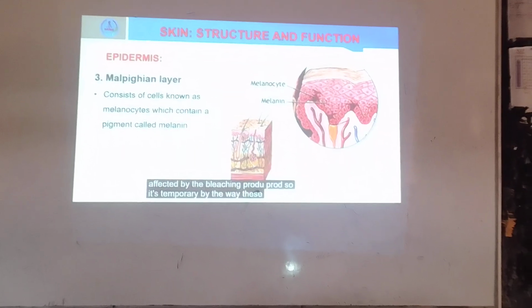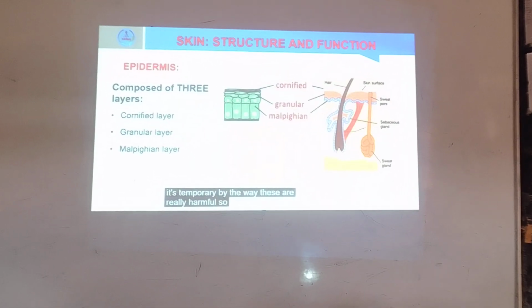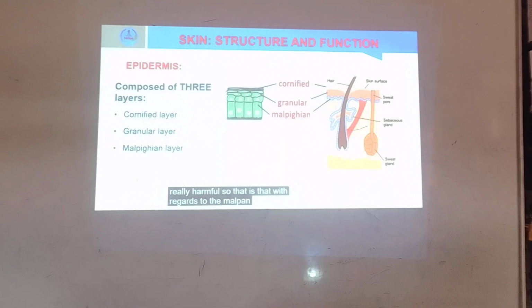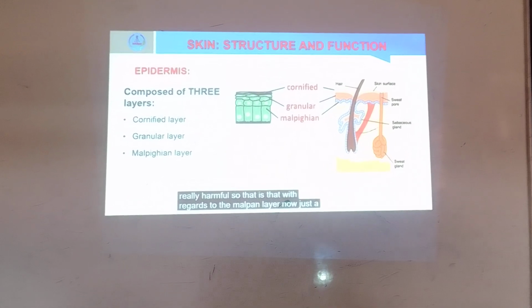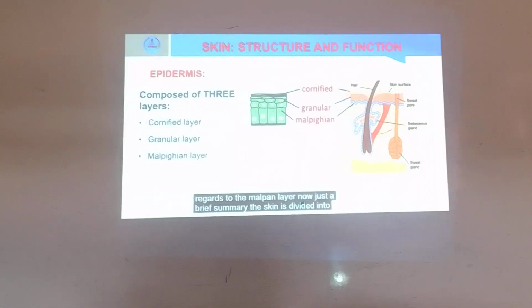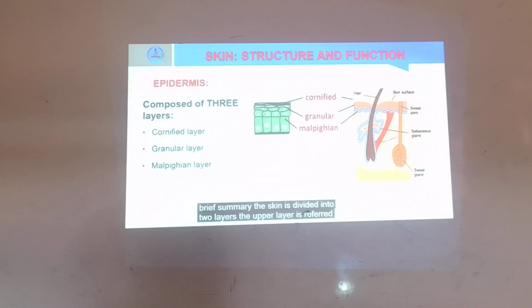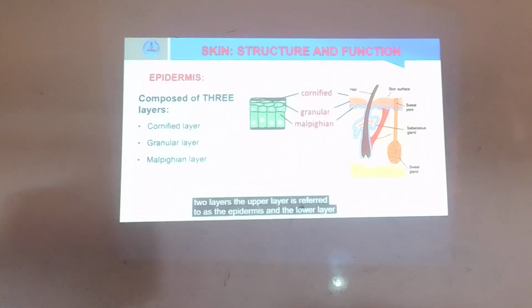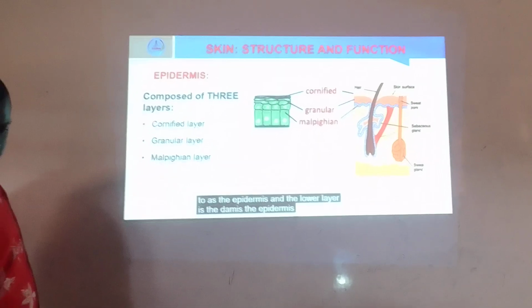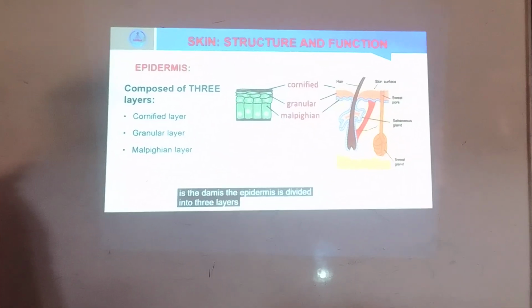By the way, these are really harmful. So that is that with regards to the mammalian layer. Now just a brief summary. The skin is divided into two layers. The upper layer is referred to as the epidermis and the lower layer is the dermis. The epidermis is divided into three layers. The cornified layer